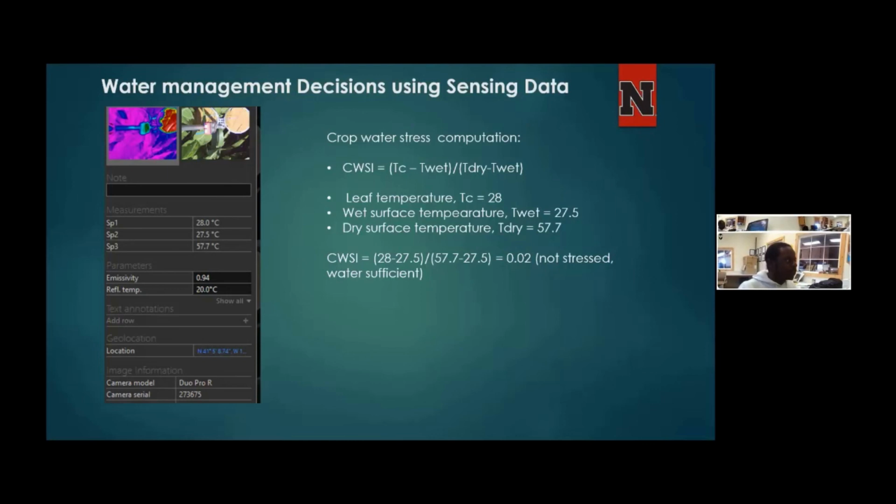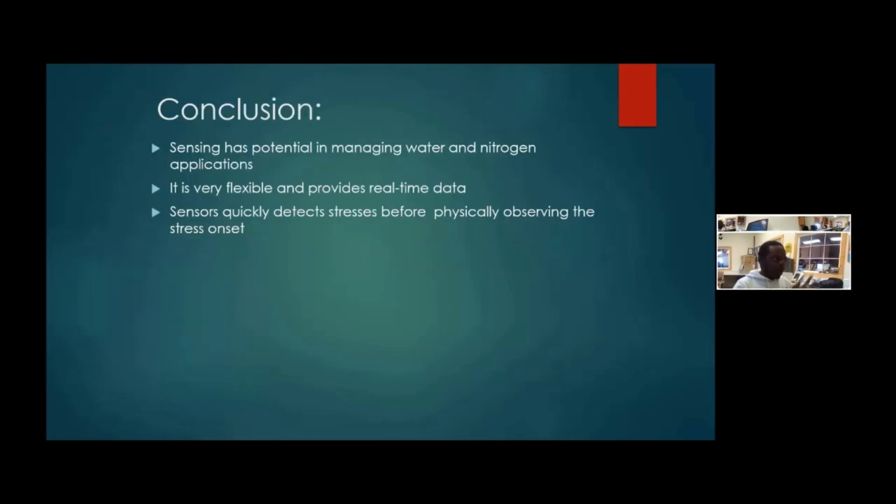So from this farm, we are seeing that the farmer has an index of almost 0, which means the crop has sufficient water and it is not stressed. This farmer is really good at applying water, which means he's not hurting the crop, and eventually will get good yields. From all what we have seen, in conclusion, it shows that sensing has potential in managing water